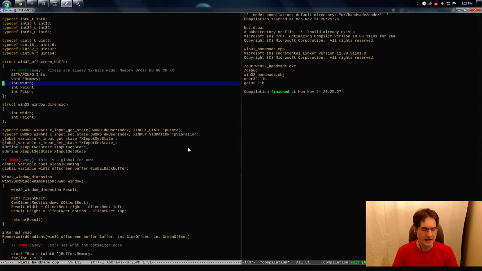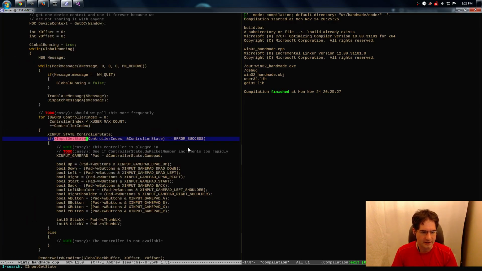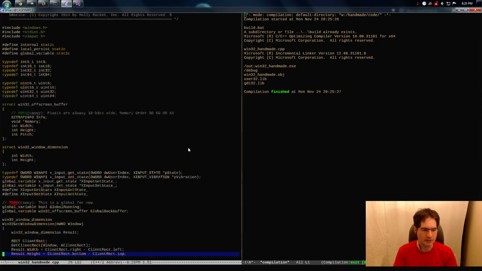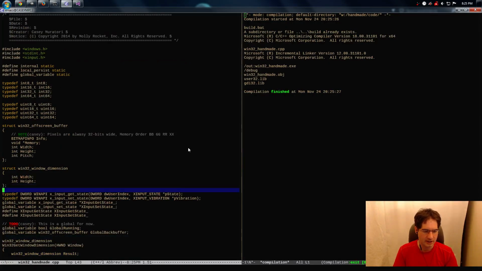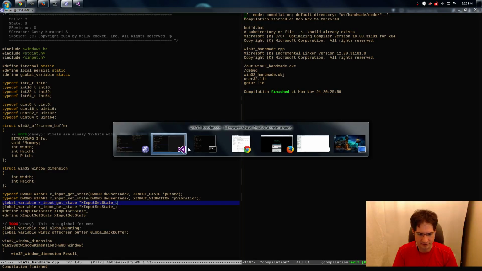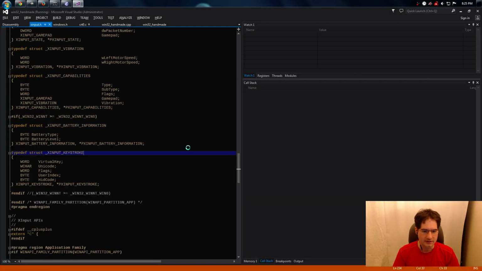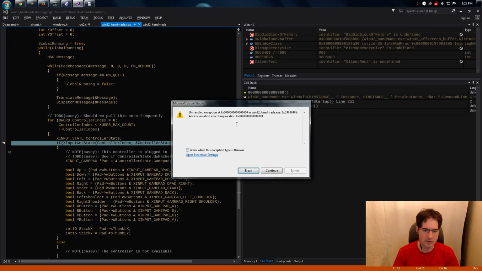Off we go. Now you'll notice that we have a call to xinput getState down here. That is now defined to actually be this, so it's going to call the function pointed to by our pointer, but our pointer is uninitialized. It's 0, because it's one of those static global variables. So basically if we run this program, we will just flat out crash. At least I assume we will. Let's verify that. Yes, we will just flat out crash,